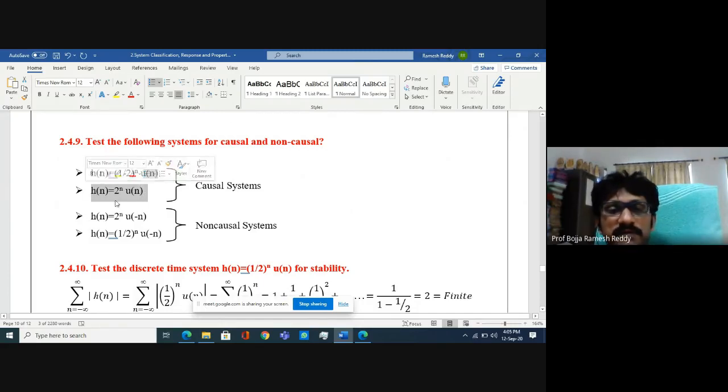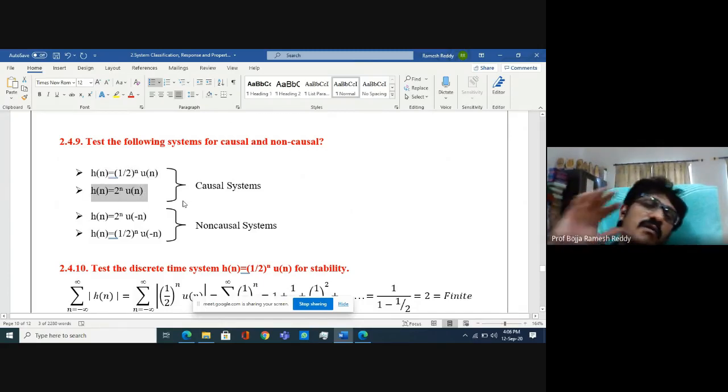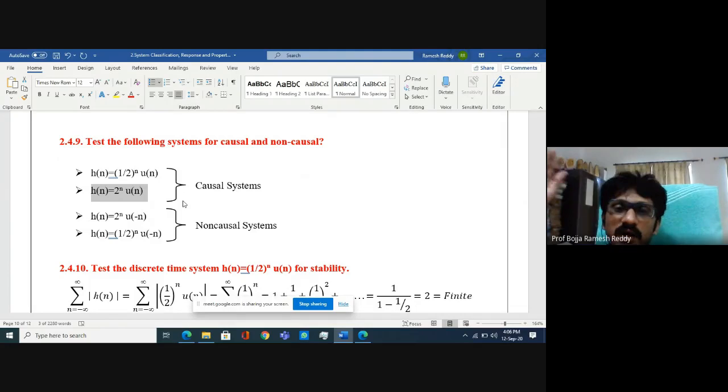All right-sided impulse responses come under causal. For every causal system, the impulse response is right-sided. This is another property, and it is one important condition or restriction on the impulse response of a causal system. Next,